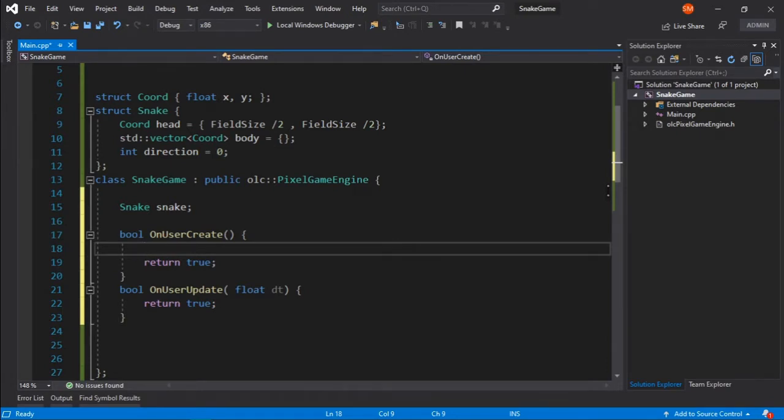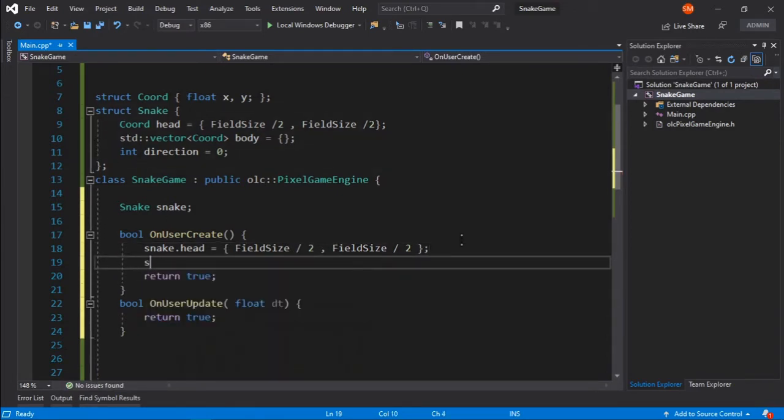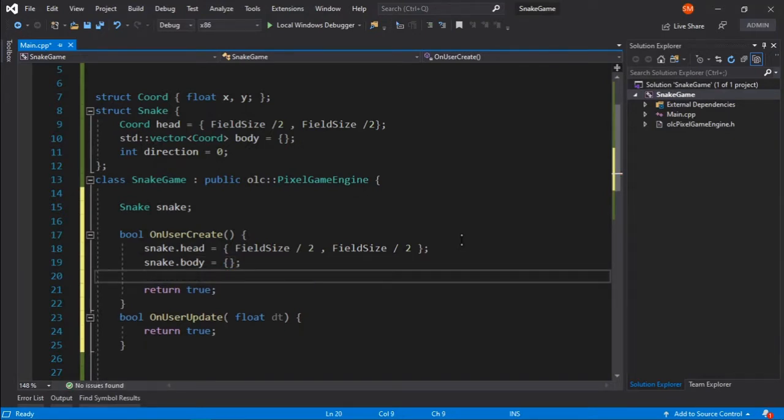So I will just say snake.head equals this whole stuff right here, and then we'll say snake.body is empty, and then we'll say snake.direction is equal to 0. Okay, that's it for now.